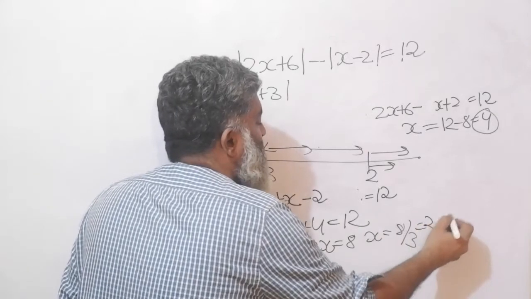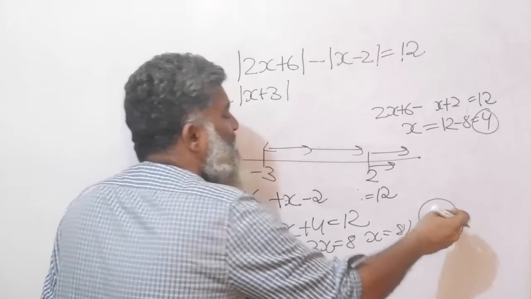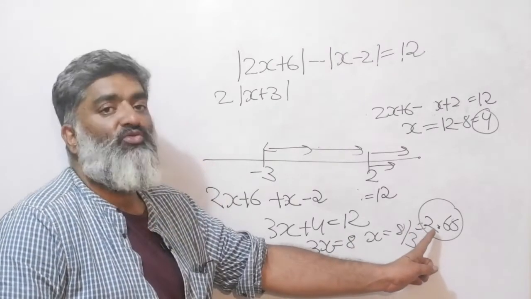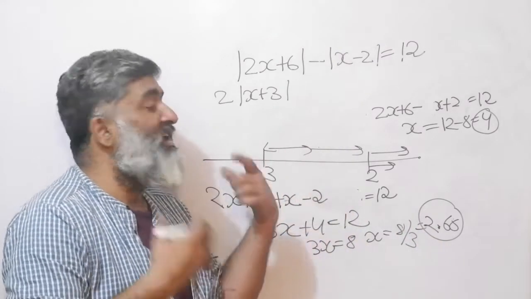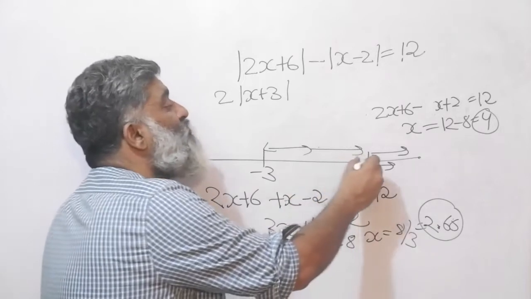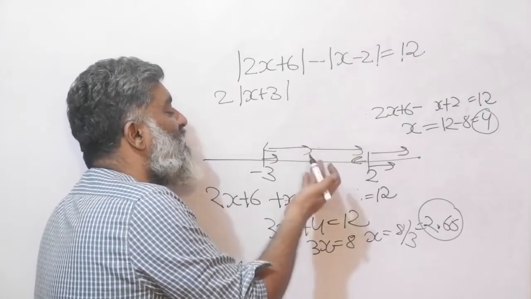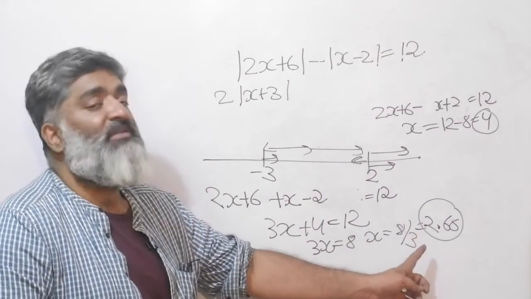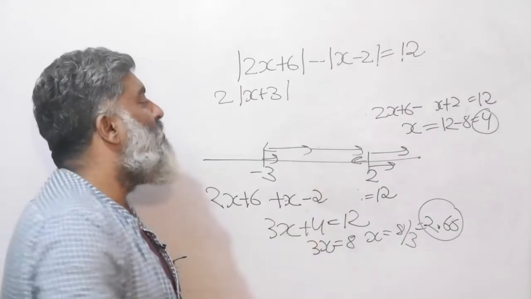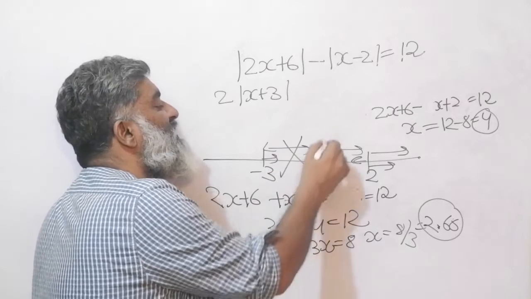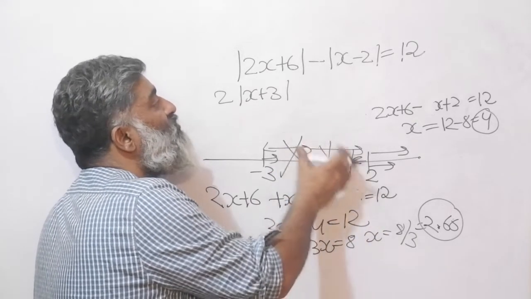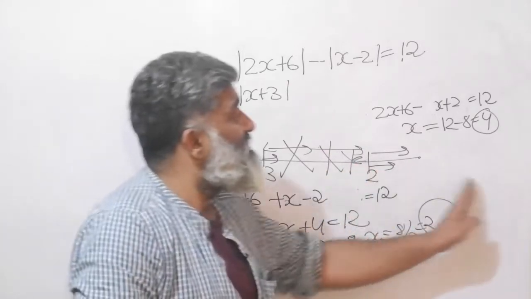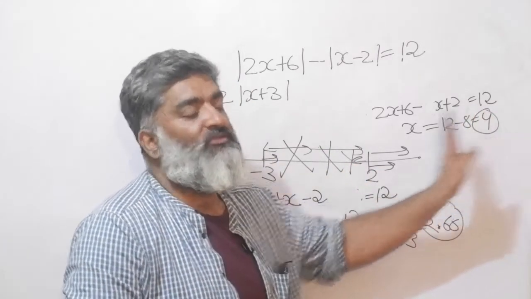Calculate it or just think about it for a second, and even getting the exact number is not needed. I see it is more than 2. But what is my assumption? Where did I start my story? I assume that I am less than 2 or greater than minus 3 in this particular region. But my answer is coming out as 2.66. So obviously this means this region is inconsistent, or there are no solutions to this equation in this particular region. In this region I have already found one solution, which is 4.